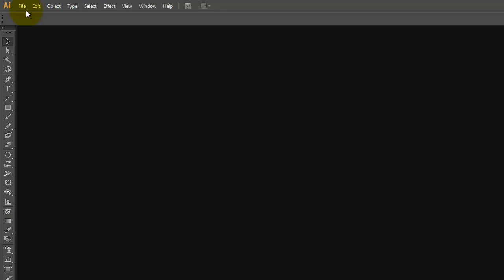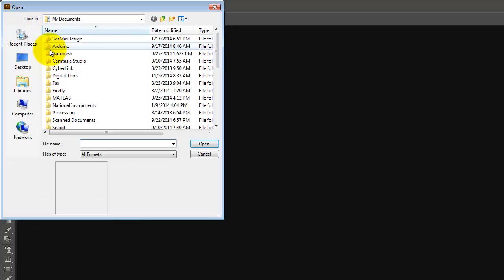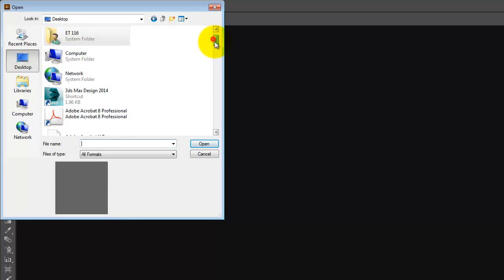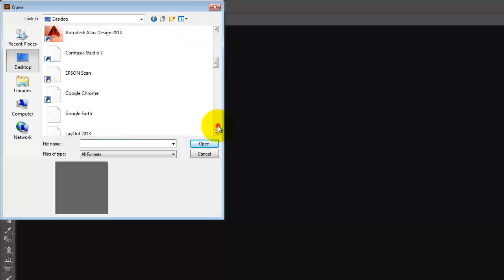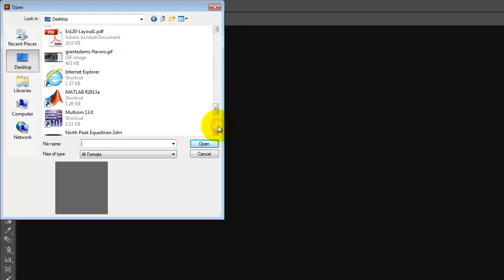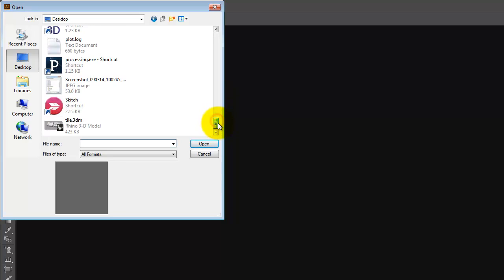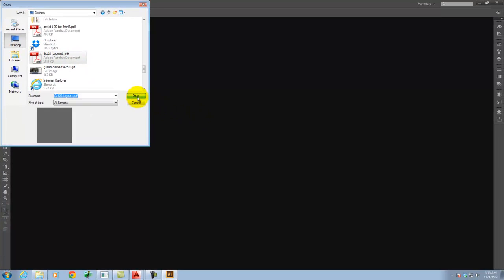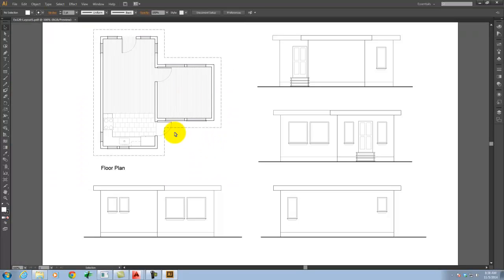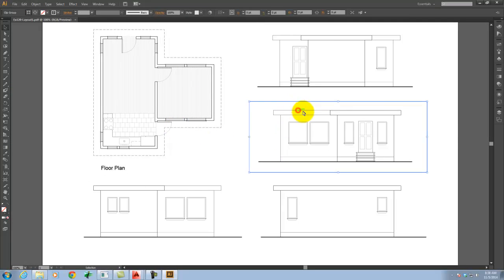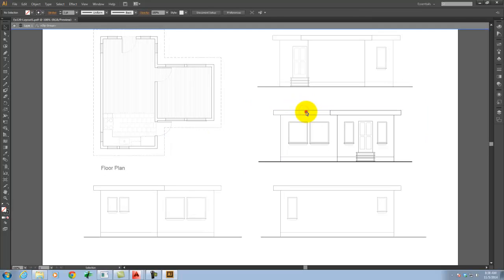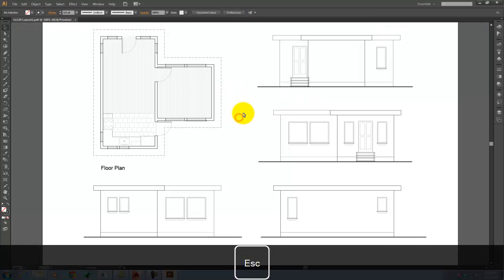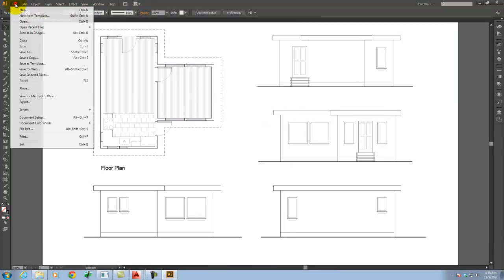Okay? So let me go ahead and go to File and then Open. The nice thing about PDFs is they will open natively in Illustrator. So let me come down here. Where is it? All right, there it is. The other really nice thing about these is they're actually all live lines. So I can go in and select the lines and adjust them and tweak them, which is what we're going to talk about. But for today, all you need to do is open it in Illustrator, go to File, Save